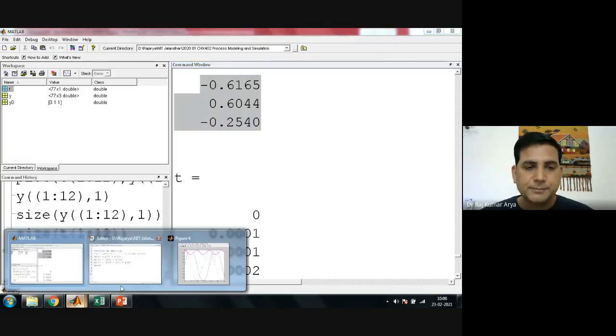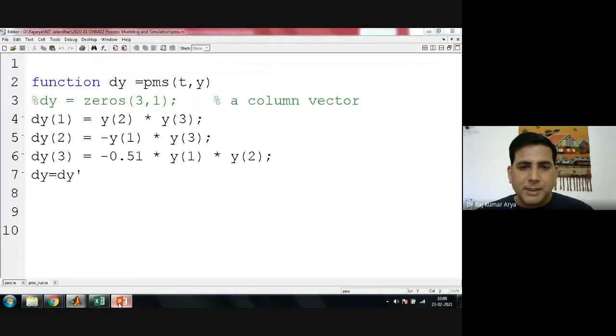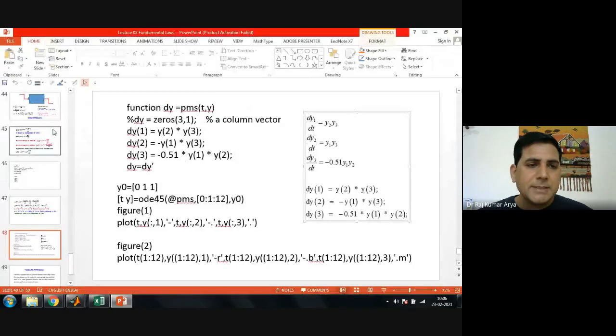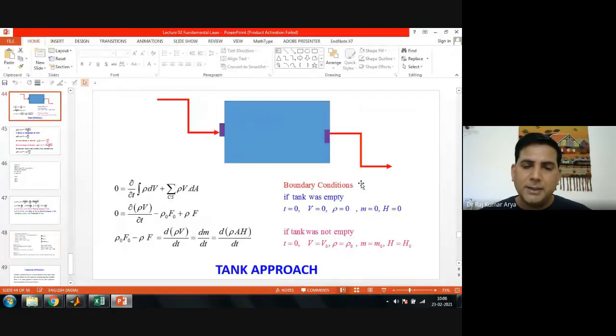So now let's go back to our equations. We were doing the mass balance for this CSTR1. For that, we applied our continuity equations in this way, and in previous classes we ended up with these equations, right? So you got del rho b, and here you can write in terms of mass also. Here you can write in terms of height also, right? This is only one ordinary differential equation.